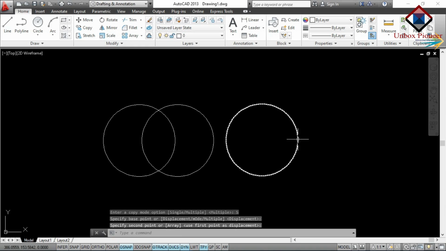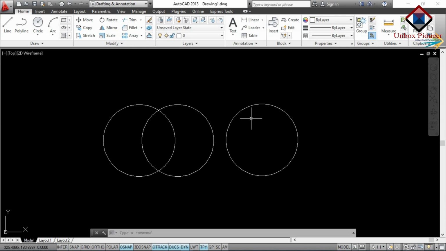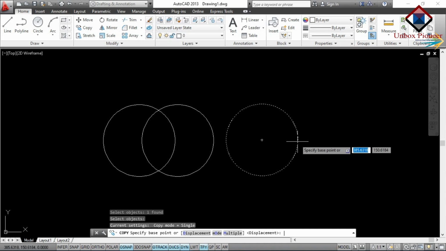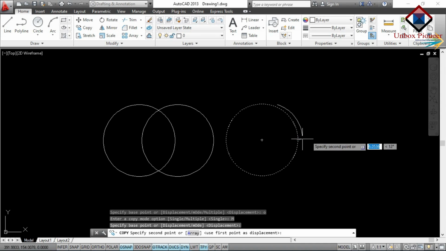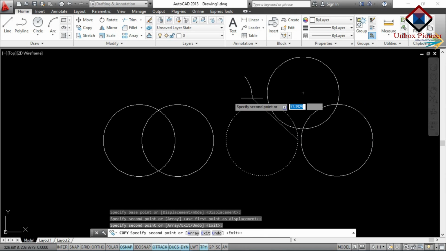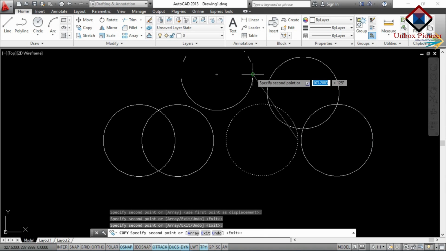You can see here I have chosen the single entity copy, and once the object has been copied, the command automatically exits. But if I choose the multiple entity copy, O, enter, and I choose multiple, then I have to specify a base point. I will give my base point at this one, and at this one.